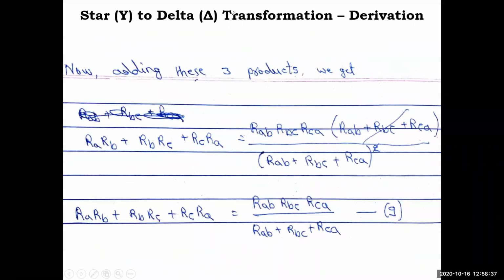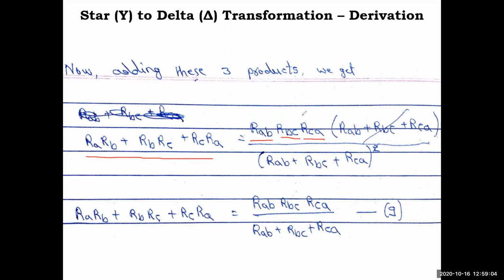Okay, so this is what we will get here when we multiply and add. So just we added the previous equations. When we add that, in each of the equations there were 2 terms of RAB, 2 terms of RBC and 2 terms of RCA. That is what we have written in square. So this we have taken outside, and what we will get? RAB plus RBC, RCA. So RAB square, RBC square, RCA square, RAB, RBC. Right. So 3 terms were there.